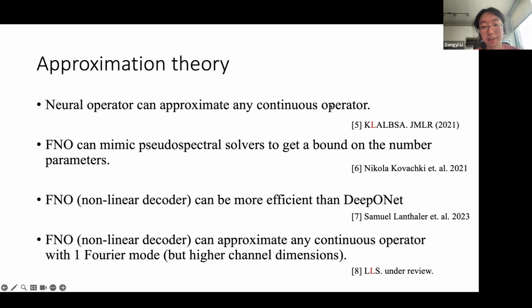This kind of theory is usually based on linear approximations, or we mimic existing solvers, such as the Fourier or pseudo-spectral solver. But overall, for the approximation theorem, we have to adapt the methods to use the existing results from the numerical solvers. We haven't really gotten a new result that's based on nonlinear approximation of nonlinear operators.